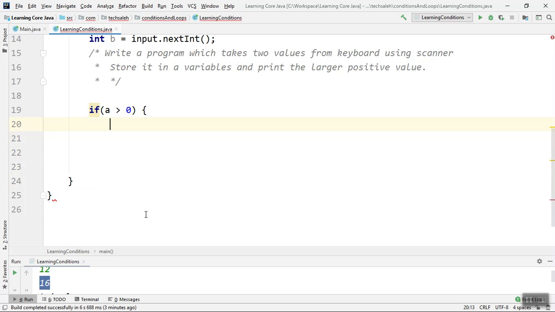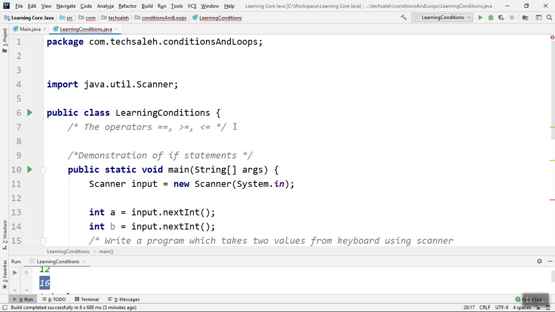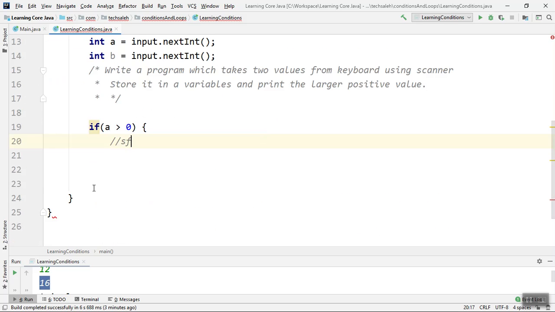Okay, this is asking for a statement. Actually, if the braces are not matching, the curly braces are not matching, then it will raise an error. So if a is greater than 0, in that case,